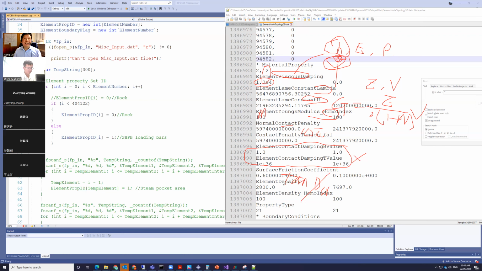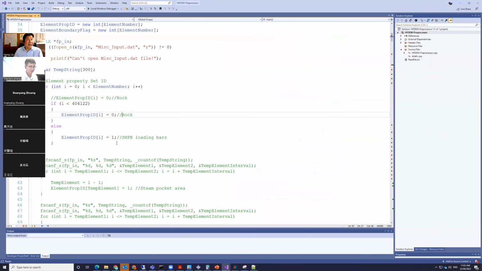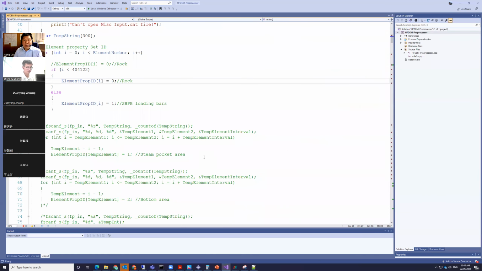Okay, then that's the density, and that's the homogeneity index, which is given for the tetrahedral element. So what we put in, between 0 and 1, that's the mean. Okay, then the next one,